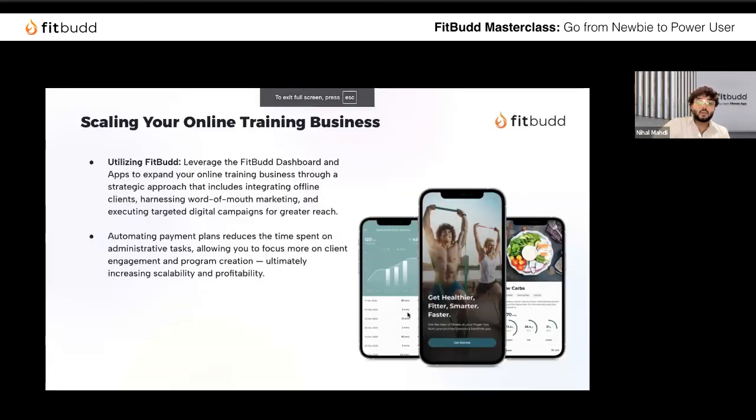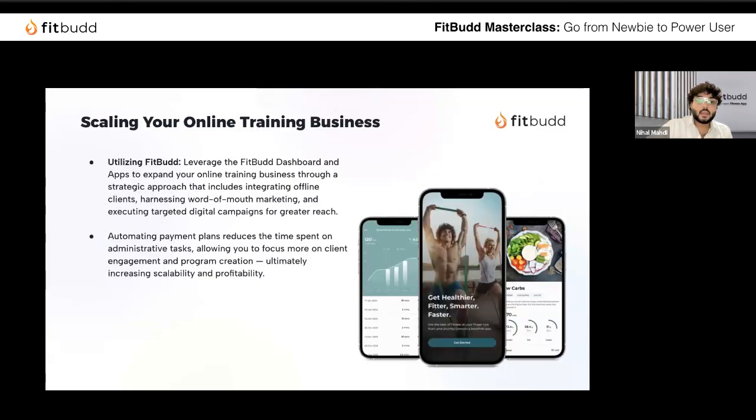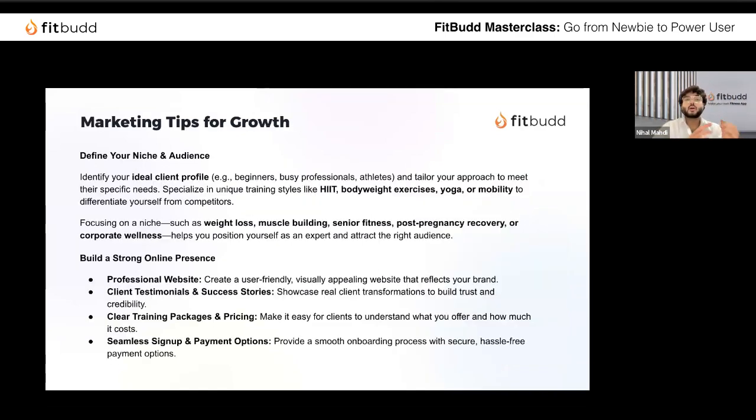Now, coming to the tips for marketing. With the automation, you have enhanced the payment plan to automatically assign a program. And as a coach, you don't need to invest your time in assigning a manual program to your customer, because you have invested a good amount of time in creating and designing the program. Once you have strategized everything, the payment plan is top notch, the strategy is on point, the pricing options are on point,